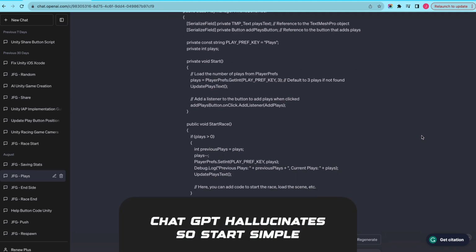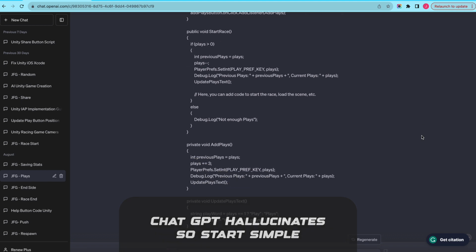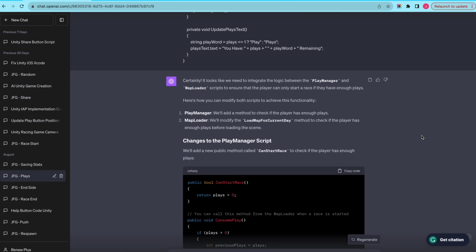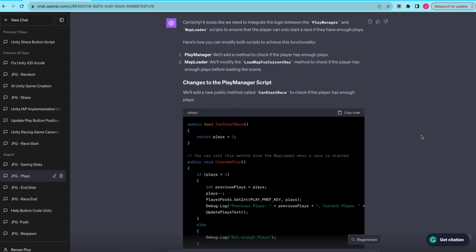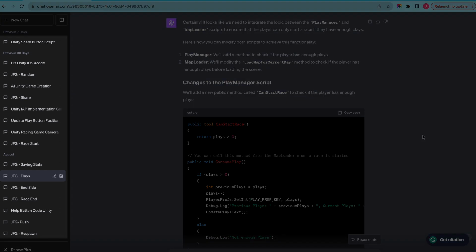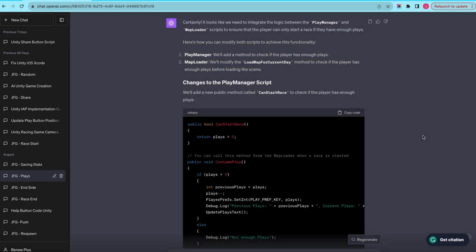GPT gets overwhelmed very quickly. Many of the videos I'd watched where people try to make games included them asking for a bunch of features in a single message. Oftentimes they would find that this wouldn't work, and so my solution was to organize major features within their own chats. Not only does this help me stay organized, but it also helped reduce the number of times GPT would hallucinate, which is to say,